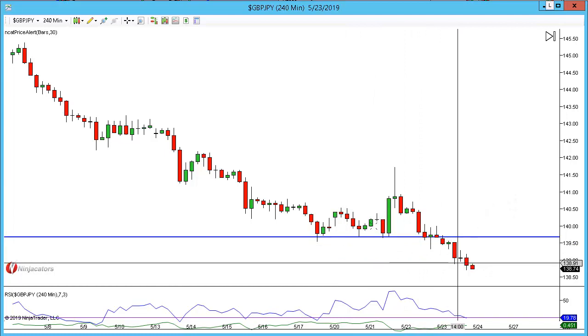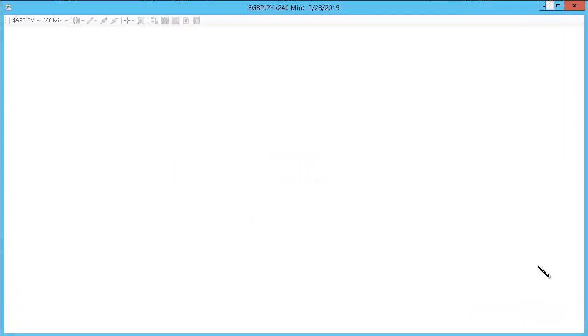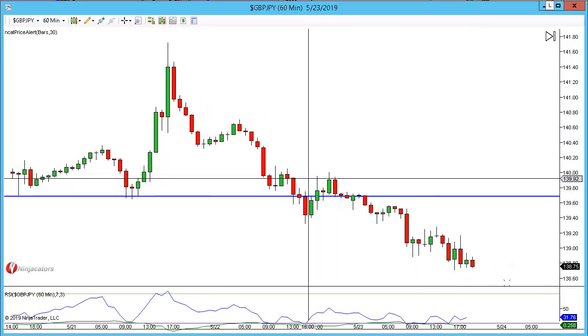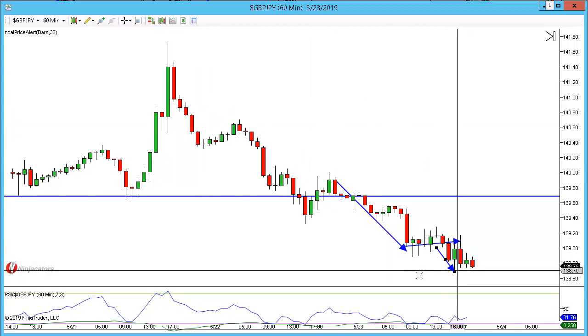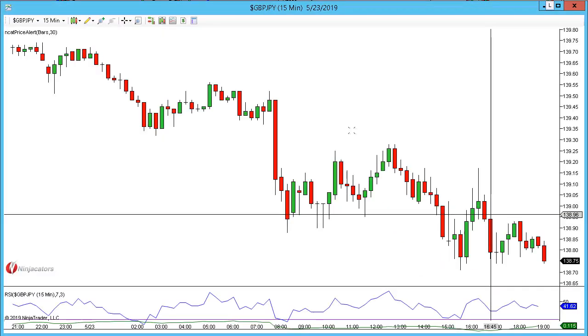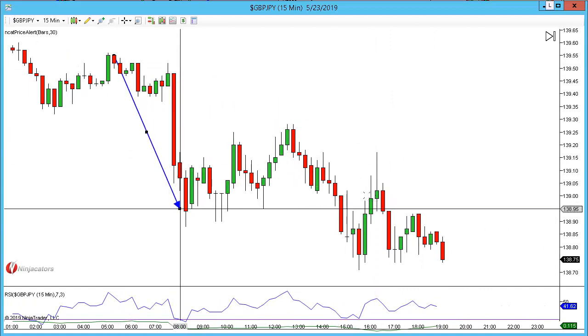We have just surpassed a psychological number, 139 flat. Very happy about that. I don't like taking trades at those psychological numbers. Even here on the 60, we are moving quite nicely like this, going down to the 15. Okay, here on the 15 we have a lovely move lower,